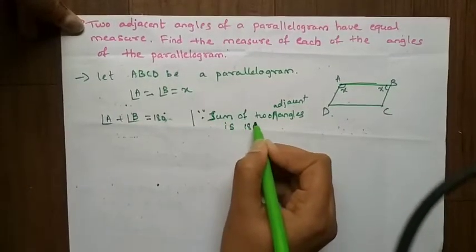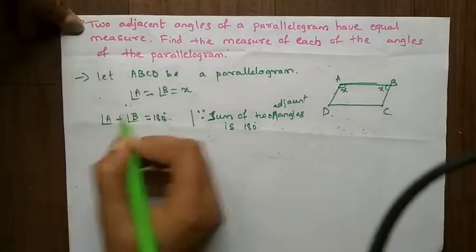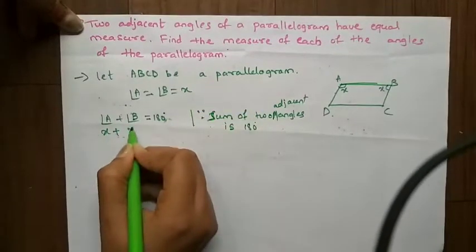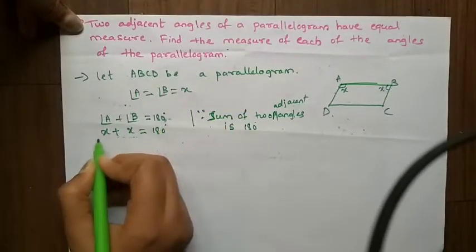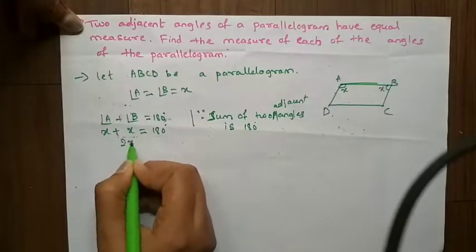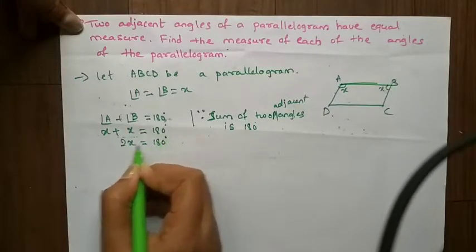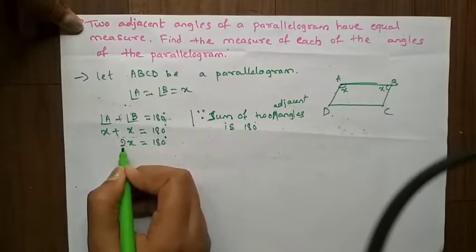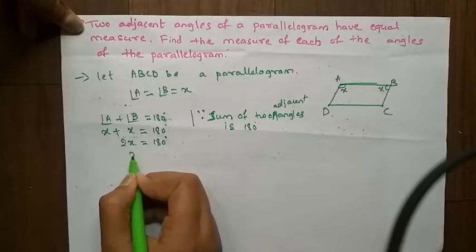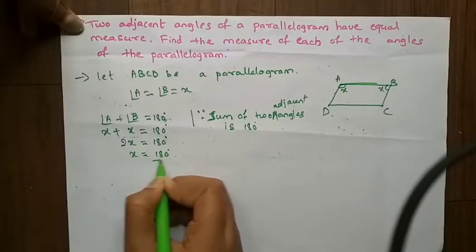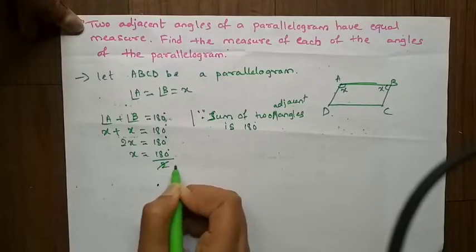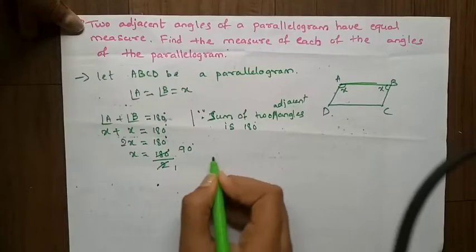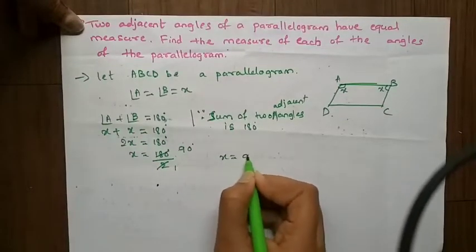Here the angle we are considering is the variable x. Angle A is x, angle B is also x, which is equal to 180 degrees. x plus x is 2x, which is equal to 180 degrees. Here 2 into x, we have a multiplication sign. When it goes to the right hand side it becomes a denominator. So x is equal to 180 degrees divided by 2. So make it cancel now. 2 ones are 2, 2 nines are 18, so 0 is there, keep 0 as it is. So we get the value x is equal to 90 degrees.